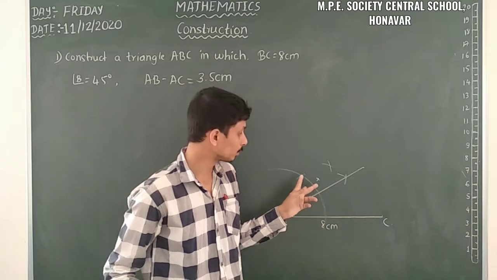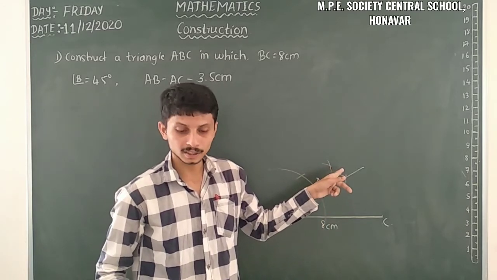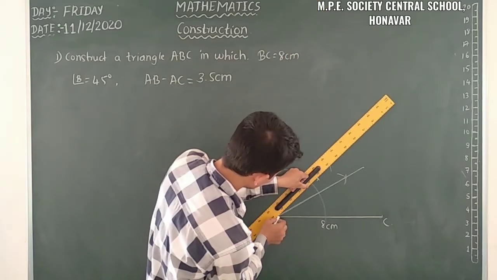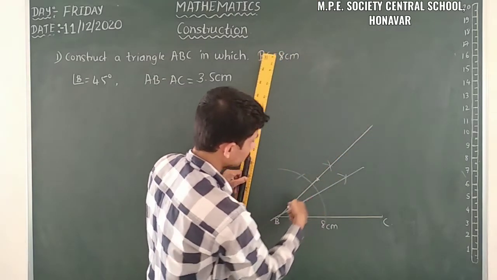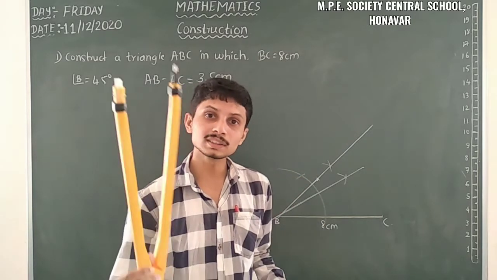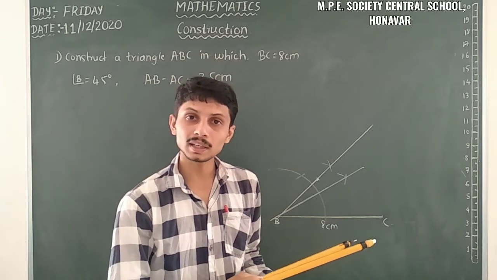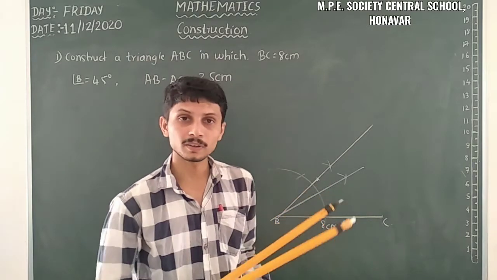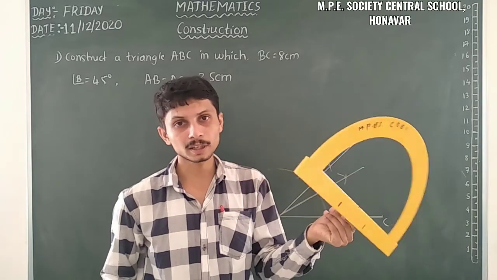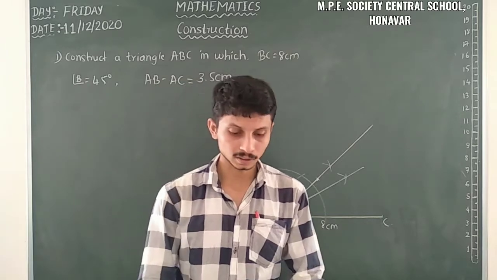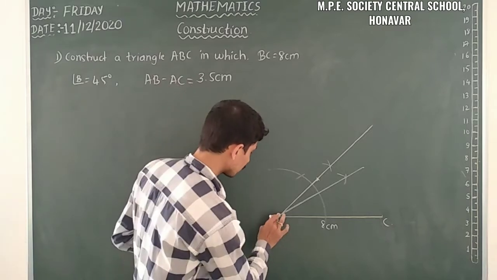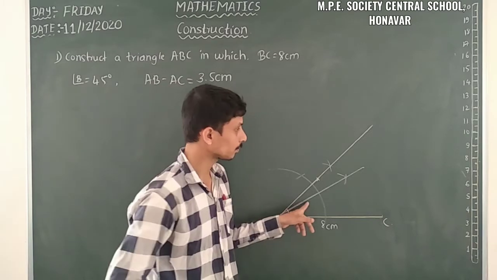When we take the angle bisector between those two things, we have the 45 degree angle. Here just observe whether both intersect or not. We have to check. Yes, here both the arcs intersect. So you can use the compass also. Making an angle construction, you can draw a 45 degree, or you can use the protractor. That one is also possible. If you have forgotten to take the protractor, you can draw with the help of compass. That is also possible when you have the knowledge of construction of making an angle. So this forms a 45 degree. This one is the 45 degree we have.